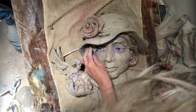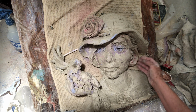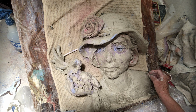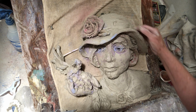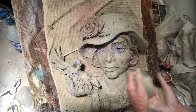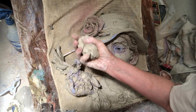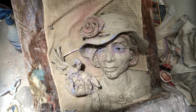So I've got a little hair in here to fix up, but I want more. I'm not sure whether I should do a dove right here, or a bevy of birds here. But I'm going to start a bird, and I'm going to show you how I pull a bird. Okay? So I've got a wad of clay, and I'm going to give this a little wedge. Now, my wedging board is full of tiles, but